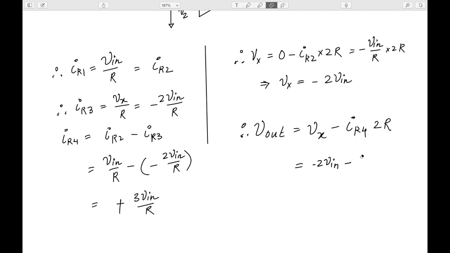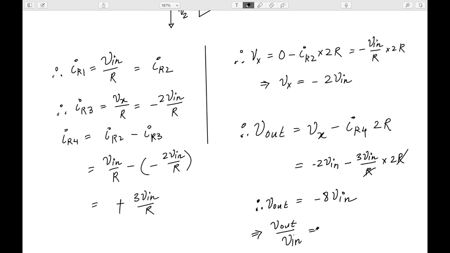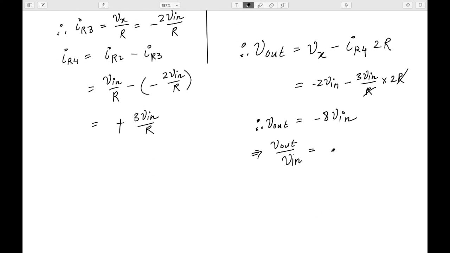Okay, so here what I have is 3V in by R, into 2R. So if the R gets cancelled here, therefore my V out is minus 8 V in. That implies V out by V in, the gain of the whole configuration, is minus 8. So this is the final relation between V out and V in: V out is minus 8 times